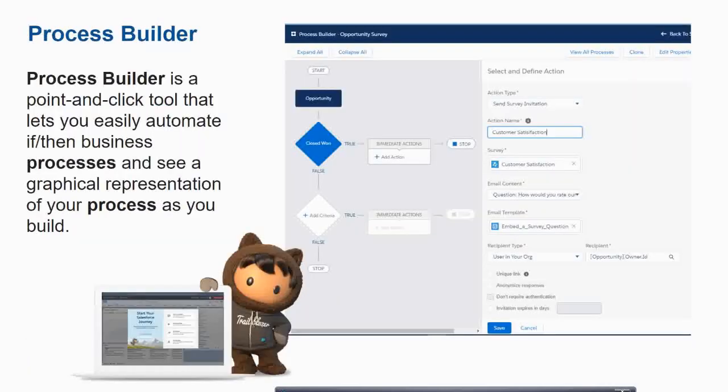This actually gives you multiple flows you can create. It is not linear like workflow, where if this criteria is met, this will happen. Here you can have multiple if-else conditions. Let's say if this condition is met, you go in this direction, else you follow this, and you have this immediate action. You can achieve these things using process builder. It's a point and click tool. You can also call Apex classes using process builder, which you can't do in workflow rule.